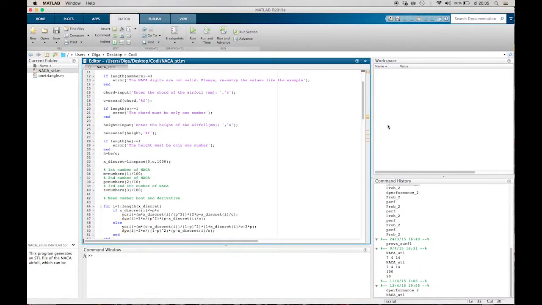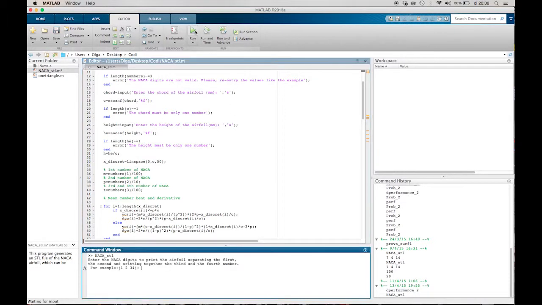Okay, first of all, before running the program, we're going to define the definition of the airfoil. By default, it's going to be a high number because we want a high definition airfoil to be printed. However, to demonstrate that the STL file has correctly been created, we're going to lower that number to see the triangles properly. To do that, we're going to change this number to 50. Okay, then we just run the program.